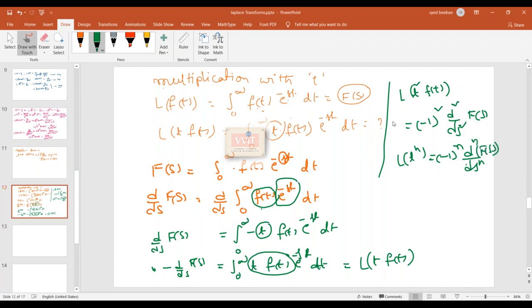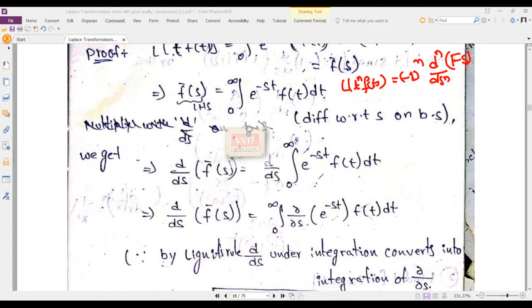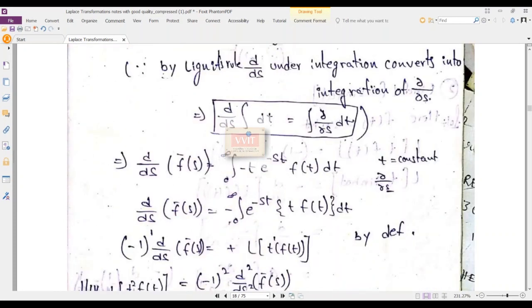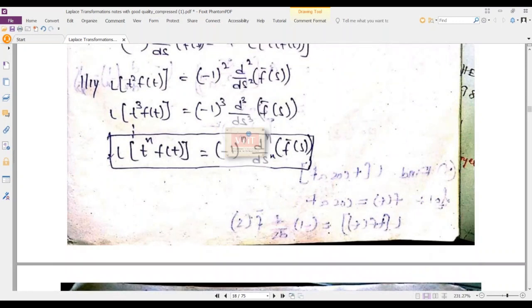Okay, friends. So like this, we may write the formula, we may write the theorem. So now here d by ds of f of s, that is differentiate because I need to get the t here. So for this, t is available other than t, s is some variable. So I differentiated with s on both sides. Same logic. This is the formula.